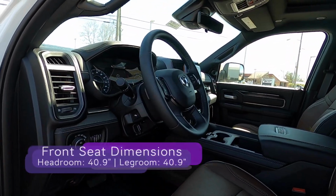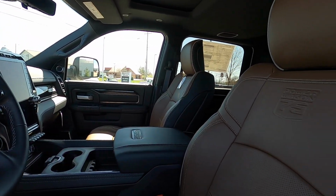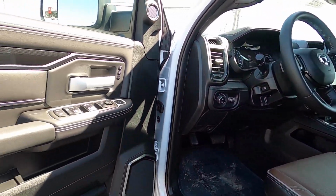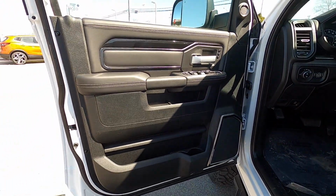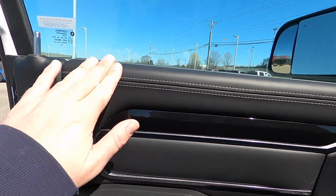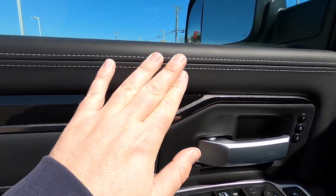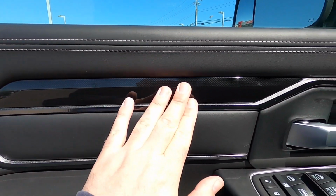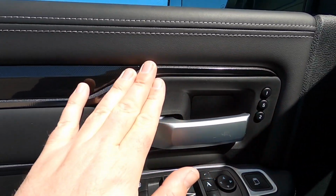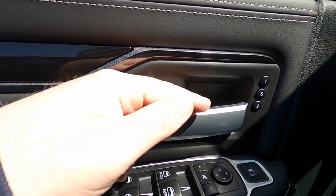And we were presented inside with the very nice black and mountain brown 75th anniversary edition interior. Taking a look at the door panels here. Hard plastic here, but you have nice soft touch vinyl trim. You have the steel gray accent stitching. This black textured gloss plastic with some shiny graphite inserts kind of gives it some breakup. Polished aluminum door handles,